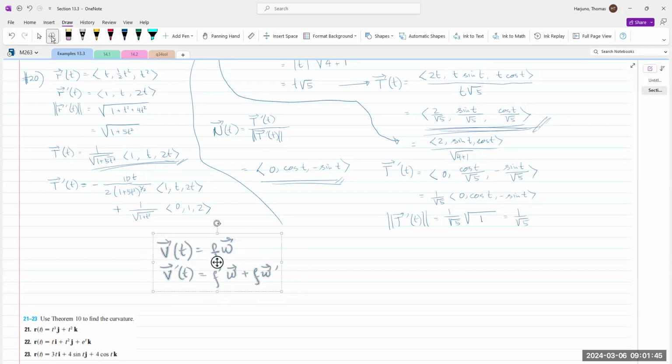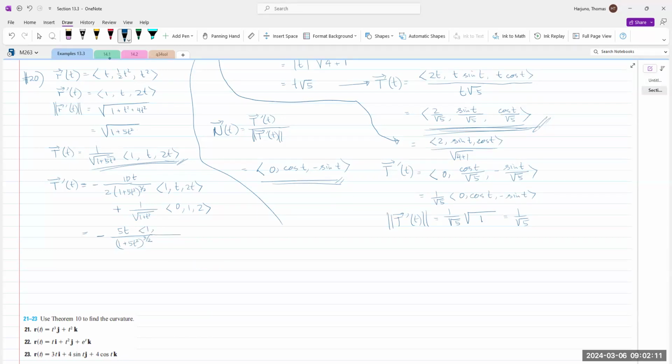My reflex was, hey, I just do the product rule here. Now, if we think about it further, this is actually negative 5t over (1 plus 5t squared) to the power of 3/2